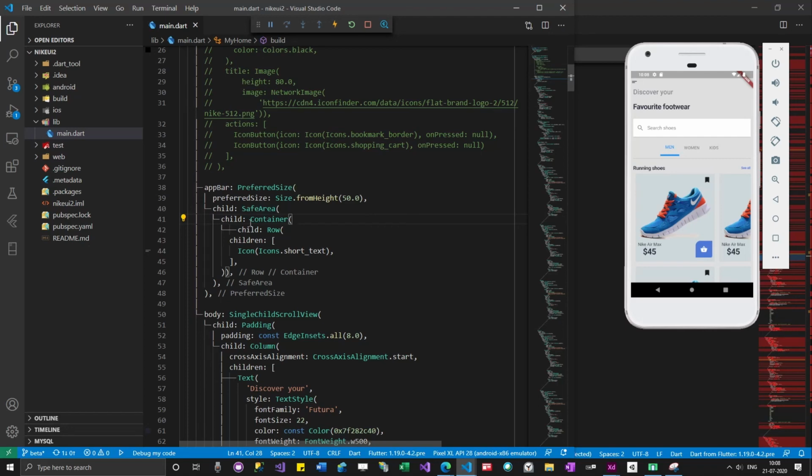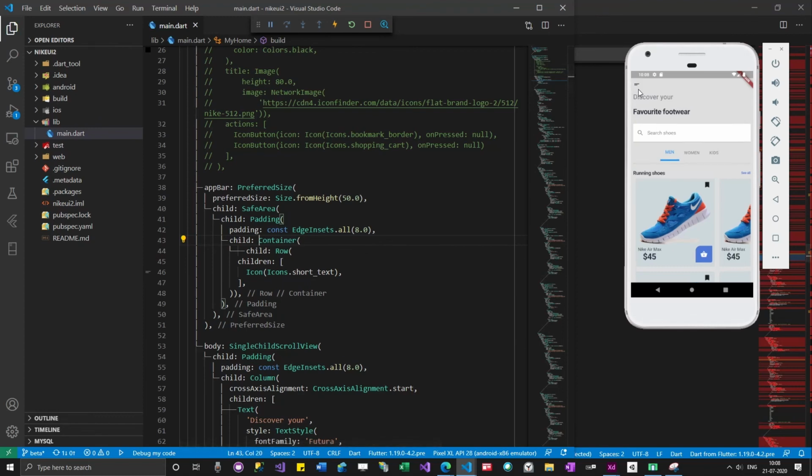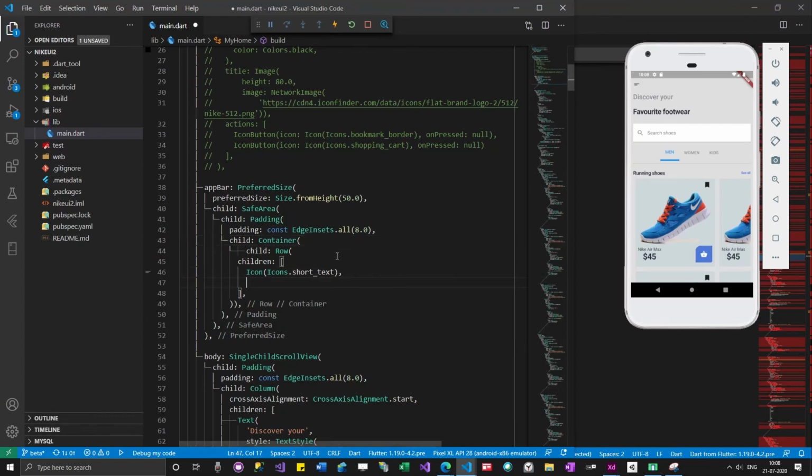So I can add some padding. Let me add some padding, so you can see some gap is added. Now I can continuously add some more widgets. I am going to add an image with the Nike icon, so I can just copy paste that code from here.